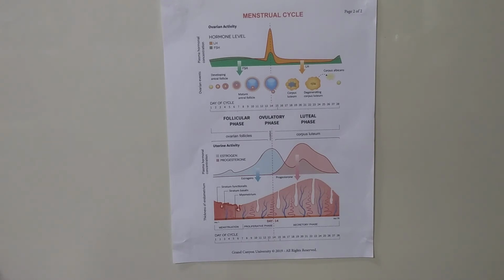The secretory phase is the final phase of the uterine cycle, and it corresponds directly to the luteal phase of the ovarian cycle. During this phase, the corpus luteum produces progesterone, which plays a vital role in making the thickened endometrium receptive to implantation and supportive of the early pregnancy by increasing blood flow and uterine secretions. If pregnancy doesn't occur, the thickened endometrium starts to break down, creating a flow of blood and cellular debris known